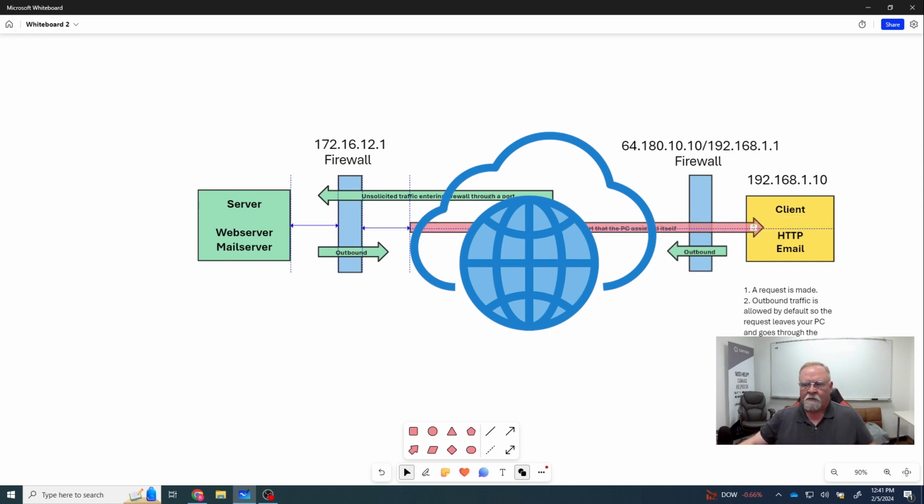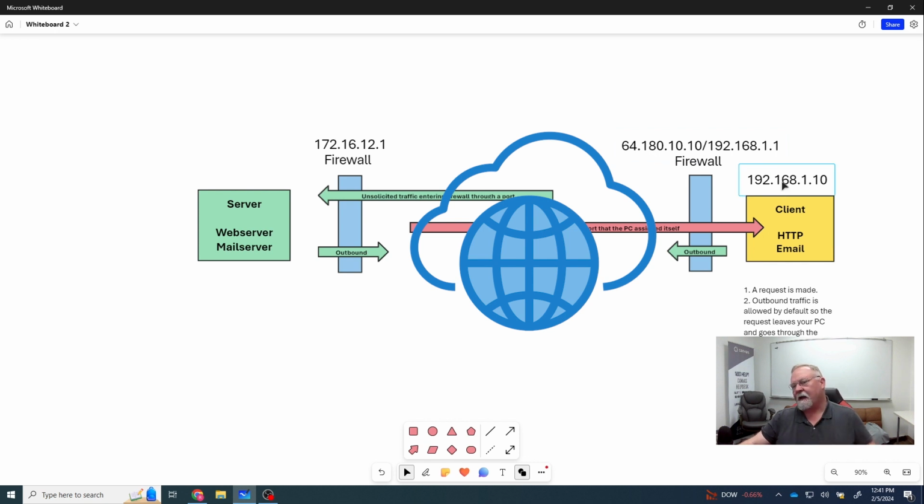So the information comes back in the form of solicited traffic. That means that the router/firewall knew it was coming. It was expecting it because it had just sent a request for this information earlier, and now it's getting a response, and based on the IP address and the port number that it has from when it got the initial request, it got along with a